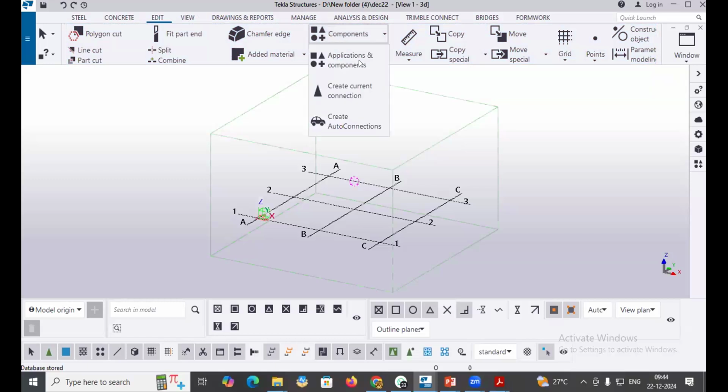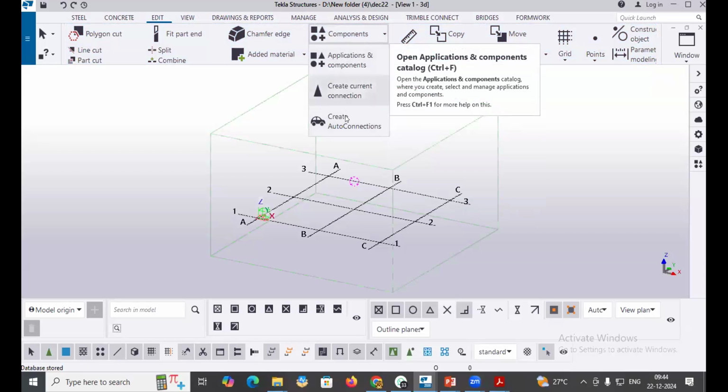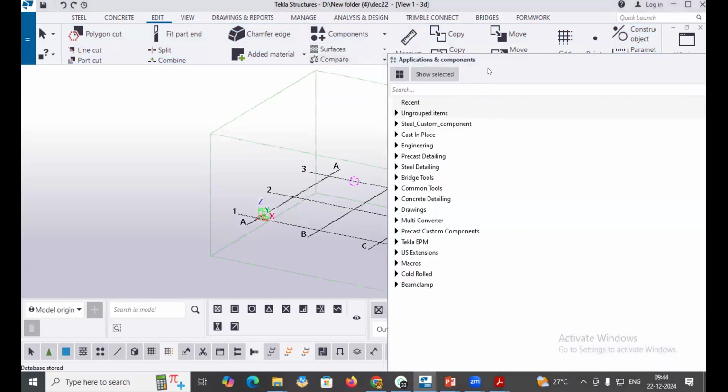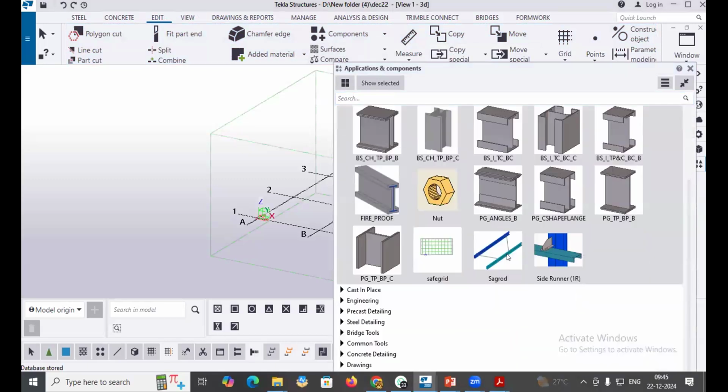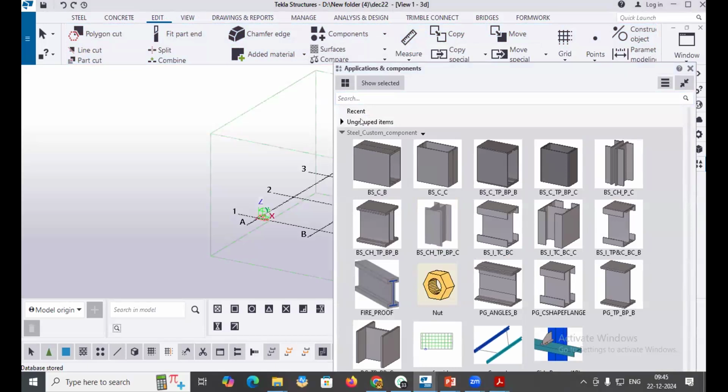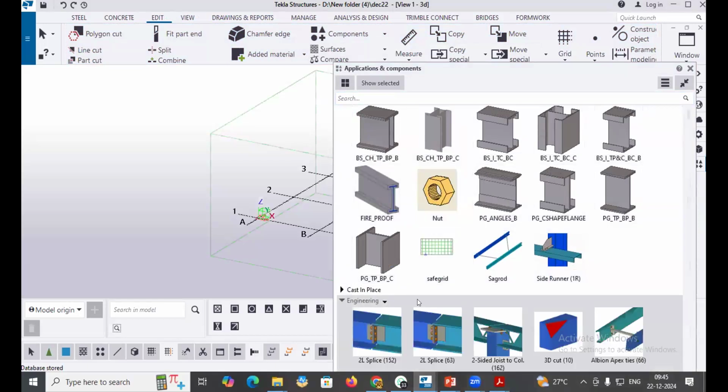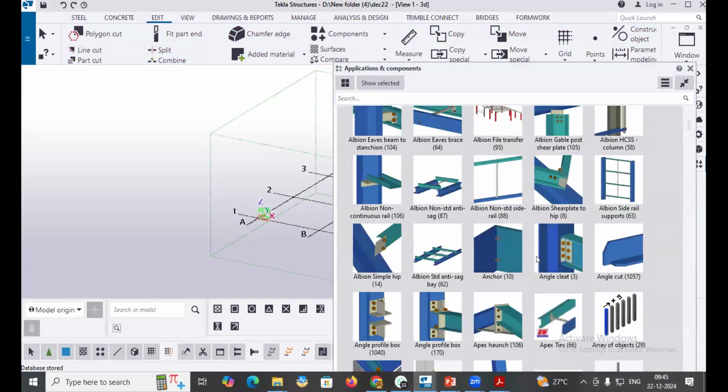Here it is. You will have components, right? Application components, create connection, create auto connections. Likewise, you have a default set of components. So these are the default ones. Other than that, if you have any project where you need to implement unique kinds of connections,